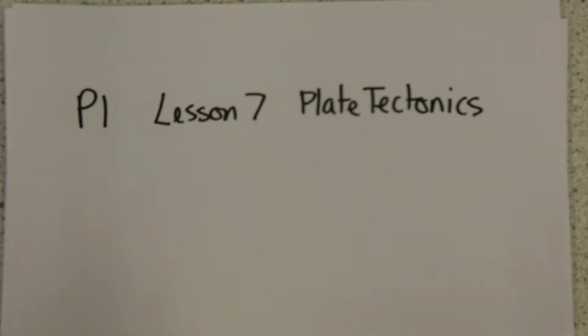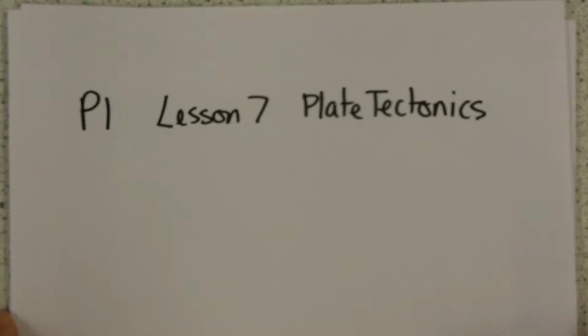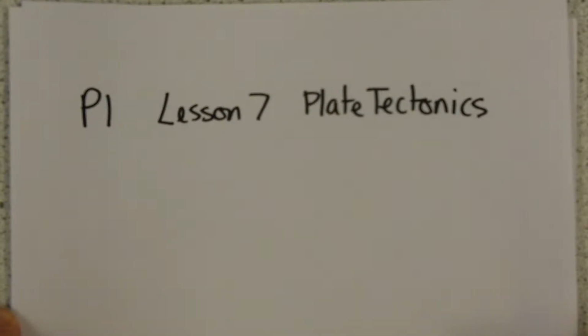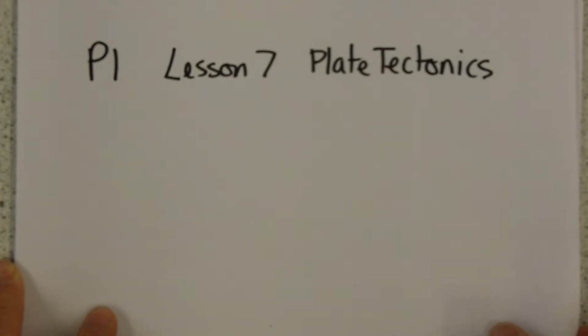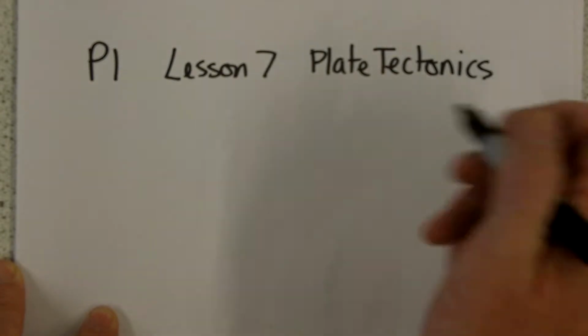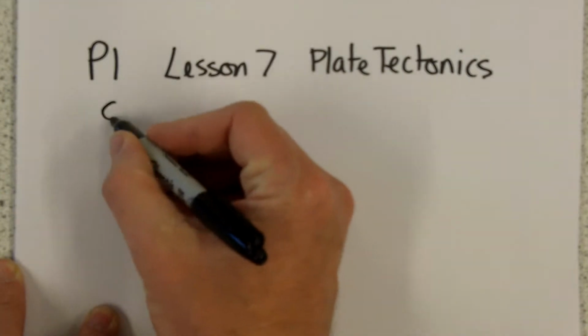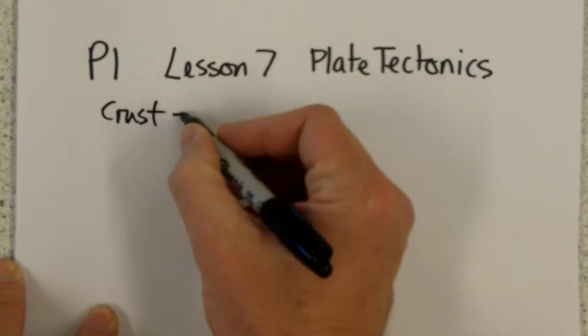This is the P1 OCR 21st Century Science Lesson 7 on plate tectonics. We're going to be looking at how plates move and how this leads to effects on the Earth's surface. So, to start with, plate tectonics is the theory that the Earth's surface, the Earth's crust, is actually divided up